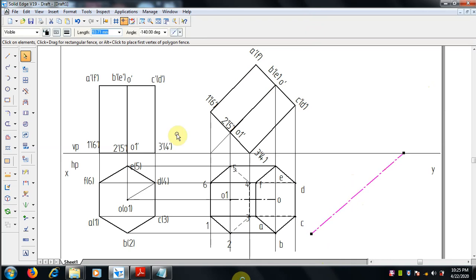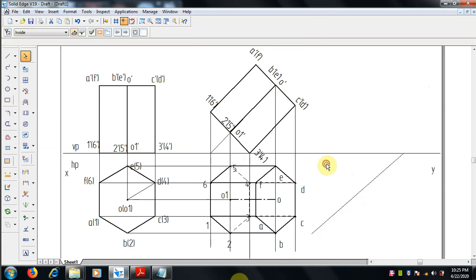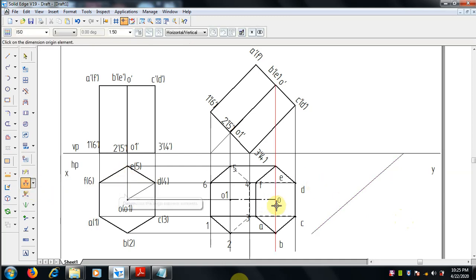Select, it should be thin continuous 0.13 mm line. Okay, this is what given. Angle to VP, and check the dimension angle, check with this 40 degree with VP is there.